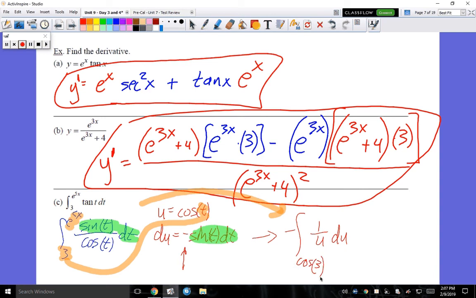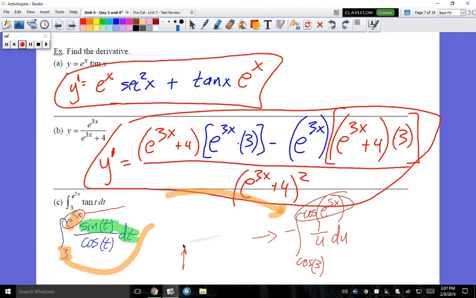And then we're going to come over here and plug this into our t, so that we have the cosine of e to the 5x. And already you should be looking at this and wondering what's going on here, because you have a lot of natural logs and you have the cosine in e here. You can approach it like this, but this is too much work. Okay, I just wanted to show you a little bit of practice with u substitution, but also show you that